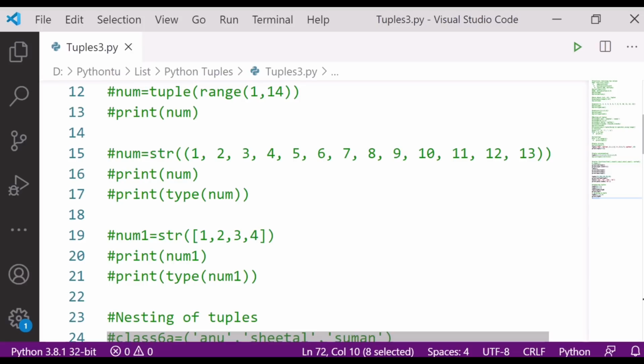Tuples are immutable, and can store any data type. You cannot change tuples, but if you have a list inside the tuple, of course you can add or delete data from that list. We also learnt about different functions and how to use these methods.